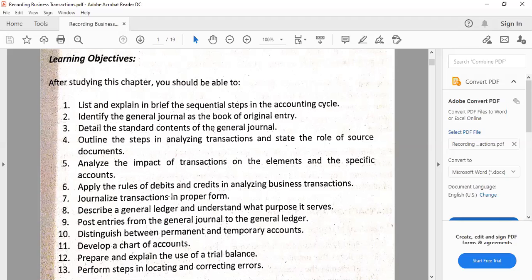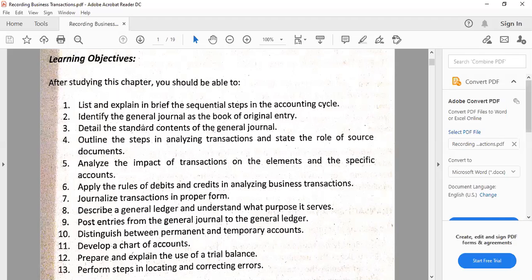So we can now describe what a general ledger is, what purpose it serves. We said that a general ledger is basically the summary device for the entries and for the amounts involving the accounts or specific account titles, meaning the changes that happened to them. And then the purpose is for the summary so that we will be able to know the balances, because these balances will be carried forward and they will be utilized in the preparation of the financial statements.